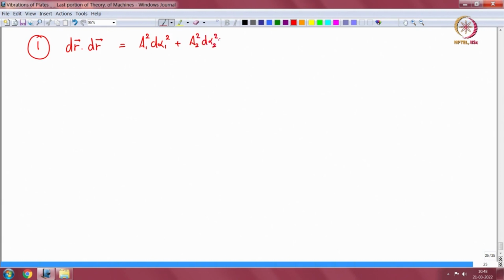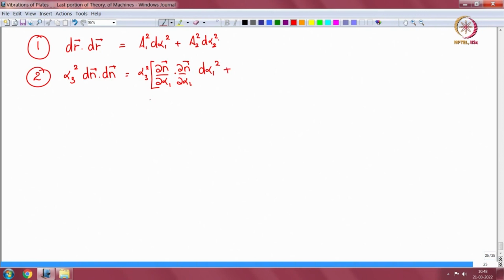That is there. Then the second one is alpha 3 squared dn dotted with dn, which is equal to alpha 3 squared del n by del alpha 1 dotted with del n by del alpha 1, d alpha 1 squared